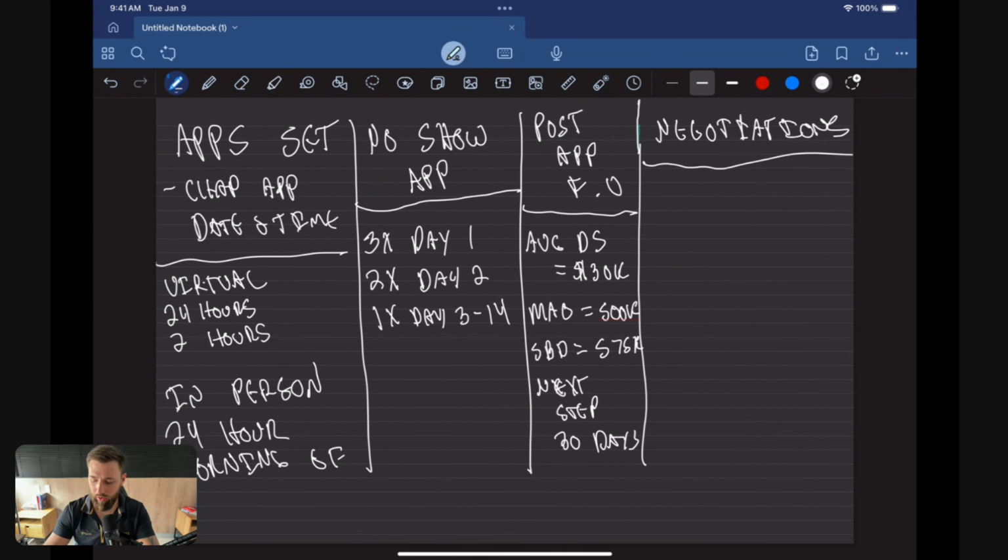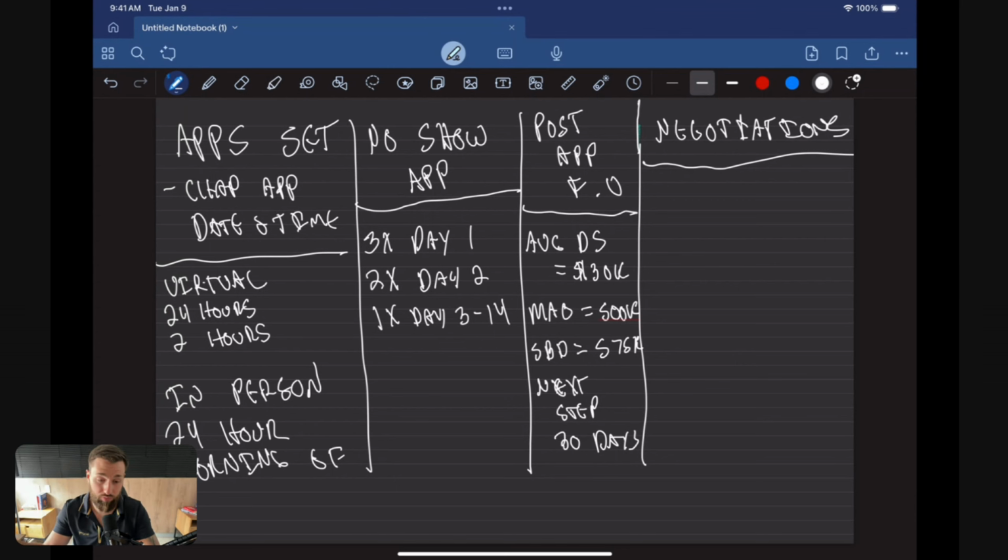And lastly, I have my negotiations. So my negotiations are pretty simple. My MAO is within my average deal size. And what I mean by that is, if my average deal size is 30K, my MAO was 500, and the seller says they want 530, that's a pretty reasonable gap for me to fill. Okay, so what I'm going to do is put those in my negotiations bucket. These don't have any automations because I want really clear next steps.